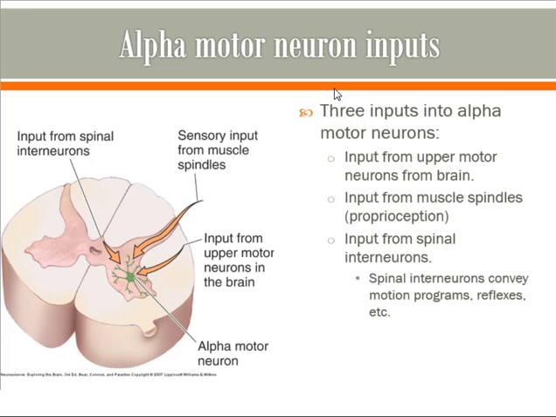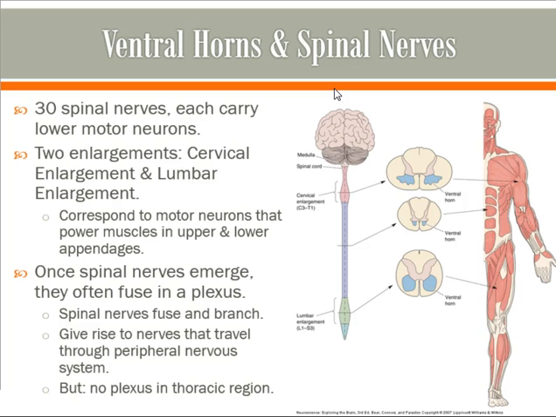Okay. So here we're showing one segment of the spinal cord. As we talked about in the somatosensory chapter, chapter 12, we don't just have one segment of the spinal cord. There's a series of these that occur. As you move down the spinal cord, you go through segment after segment. So there's 30 spinal nerves in all, each of which corresponds to an individual segment. So you can think of the spinal cord as being divided into 30 different segments.